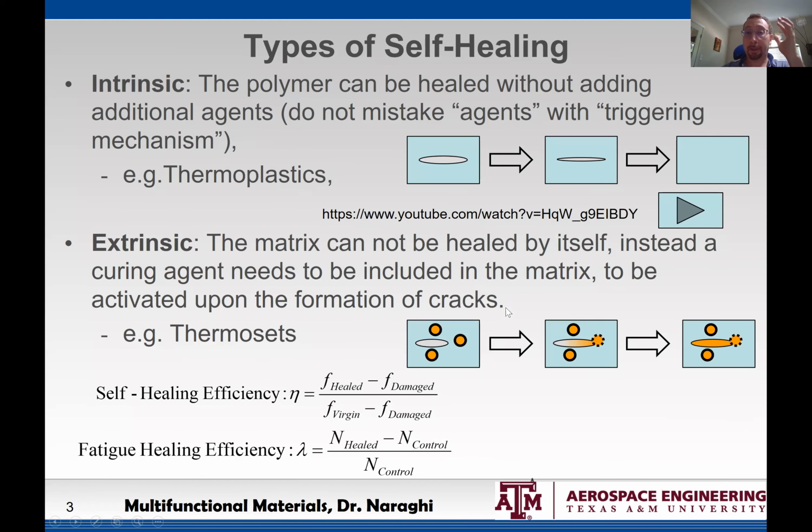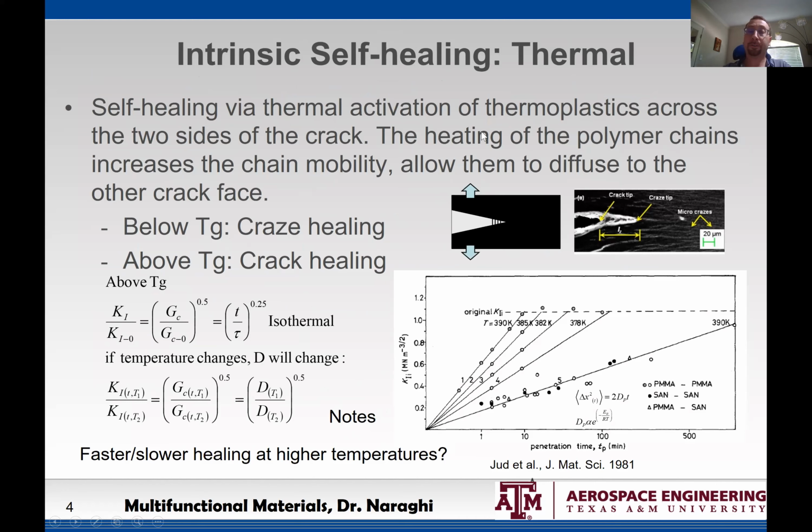And so now, by the way, these two parameters apply to both types of healing, intrinsic and extrinsic healing. Now we're going to first deal with the intrinsic healing, which started with some publications, like one of the famous ones is this guy, 1981. I'm going to stop this video and then I'm going to start in the next